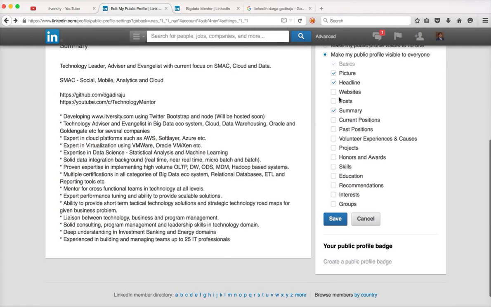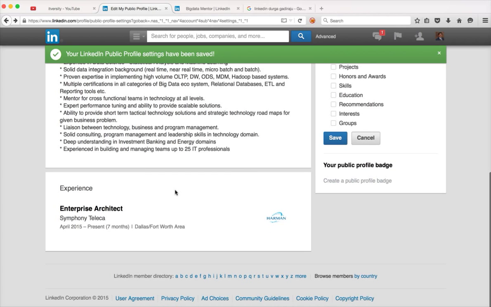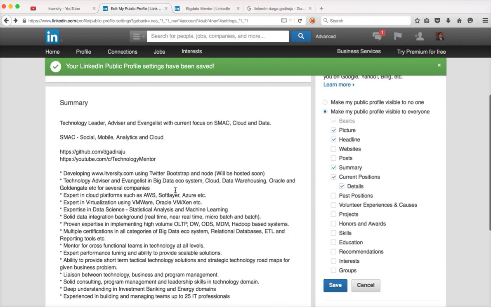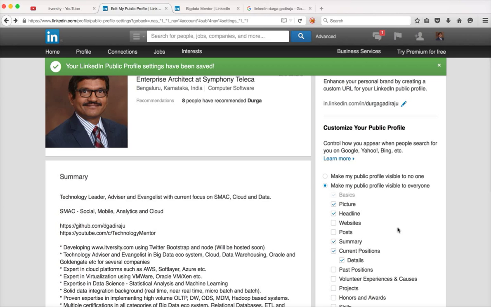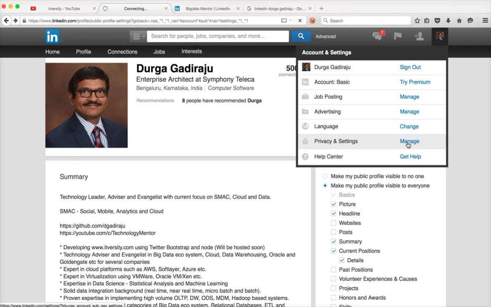If you want to add more information to this, you can say current position and then save it, and you can see that this is how it will look. So you can control what information should be viewed by others when they look at your public profile, when they are not part of your network. But if they are part of your network, then they will be able to see your full profile without any issues. Now going back to settings again,